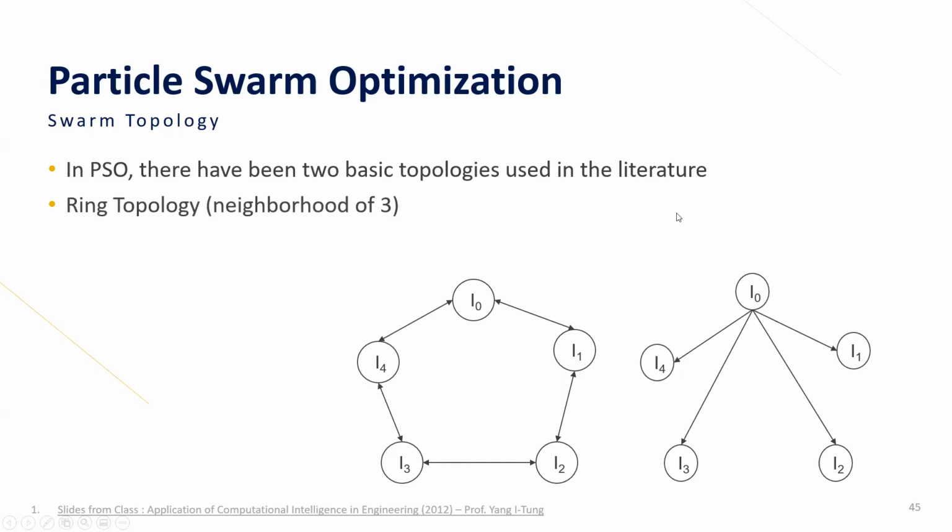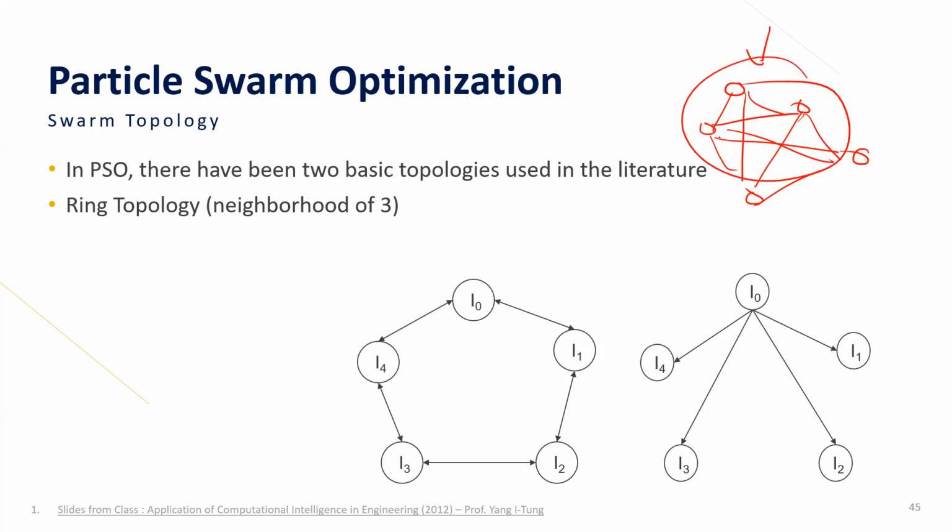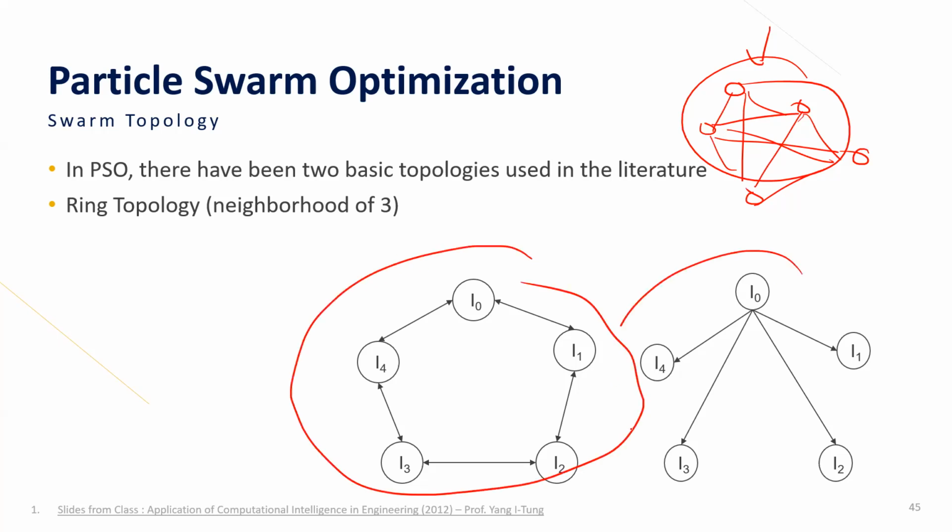And this is about swarm topology. In normal PSO, you consider all the individuals to be connected to each other. Okay, so all is connected. But sometimes for larger networks, this might not be efficient. So sometimes we can also try several types of neighborhood topology. There is something called ring topology, there is tree topology, and so on.